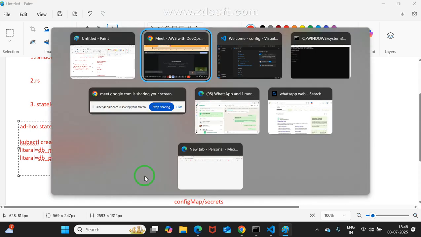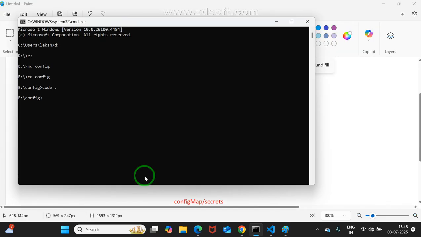Now, where should I go? Command prompt, right? Say kubectl get nodes first and check it. The node is working, right? Good.